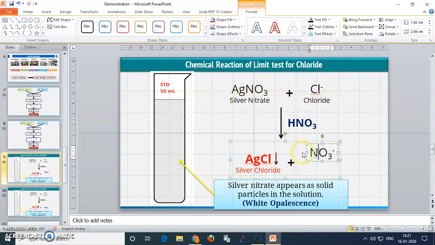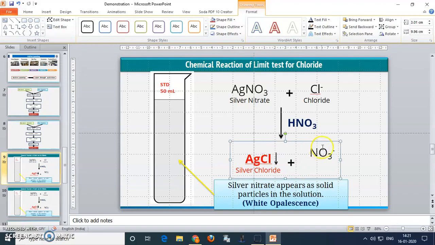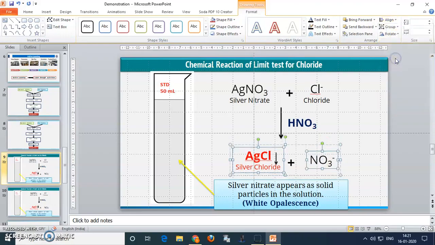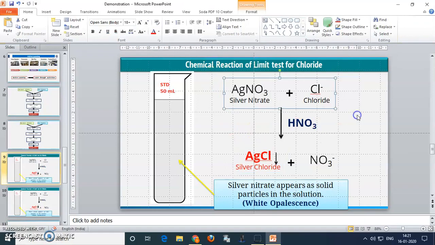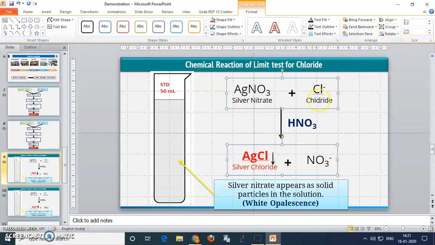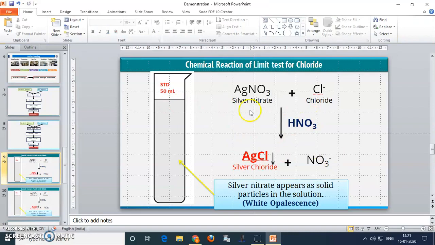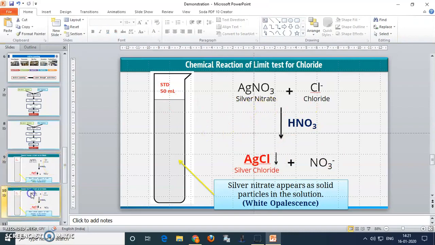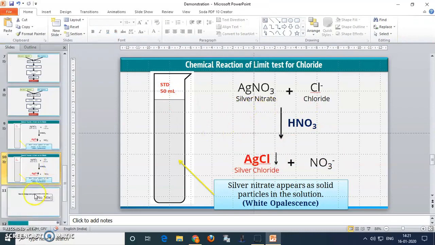Similarly you can do it for the product also. Just click on Middle, so it becomes like this. After that, just select this and select this, go to Format, Align, Align Center. So it will get center alignment. It looks good, and it gives a good effect for the viewers.